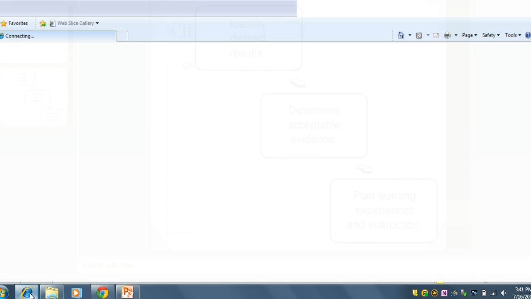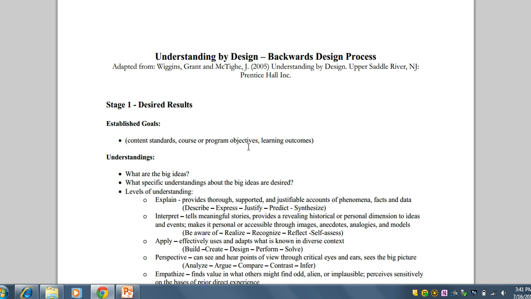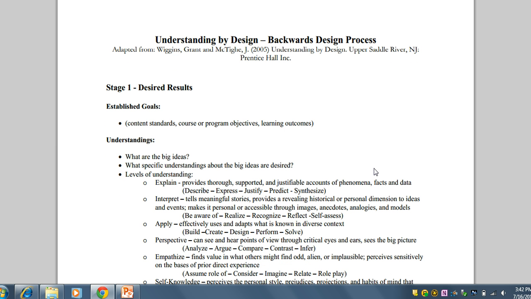Now, another document that we have here. Yeah, so here's another document that's useful. This one goes into a little bit more detail, and I'm not going to read all of this to you, but you can see it comes from Wiggins and McTighe, Understanding by Design, Backwards Design Process. Stage 1 is the desired results. That's where you are establishing the goals, thinking about what are the big ideas, specific understandings that you want the